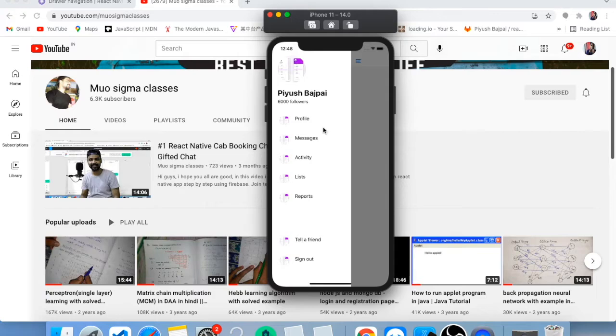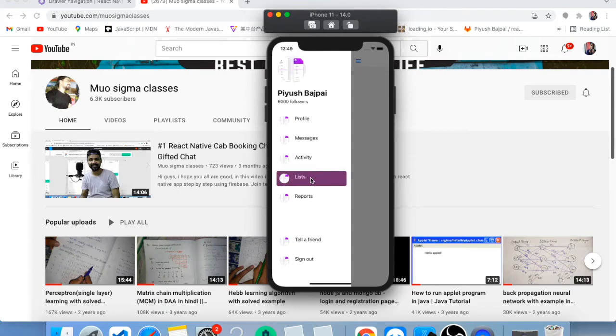Okay, cool. So let's understand what functional means. It means that if the user clicks on any item like profile, messages, or activity list, then the user should navigate to that respective route, or you can say the component, or the page. So if I'm clicking on this list, then I should navigate to the list page.